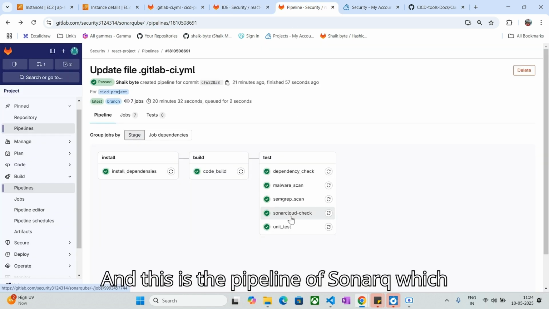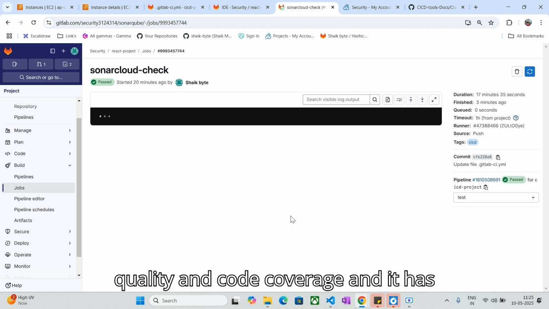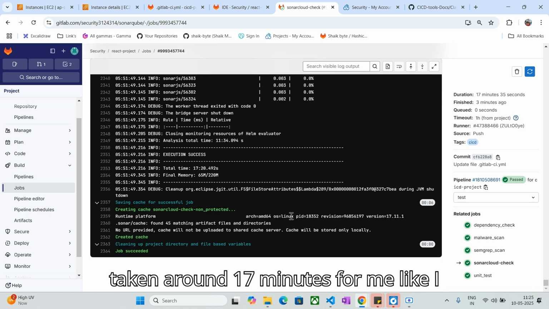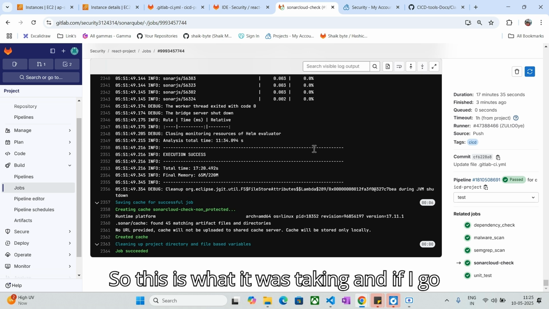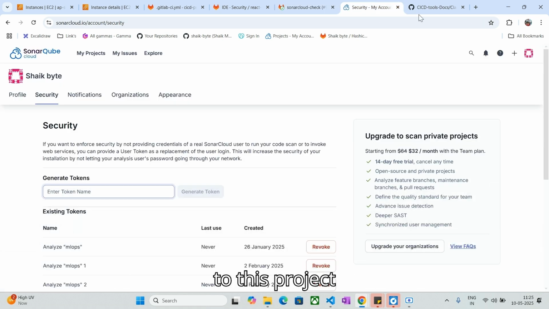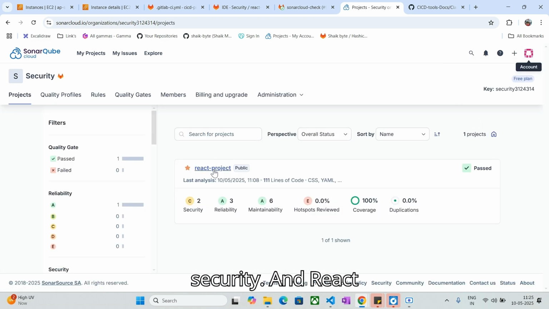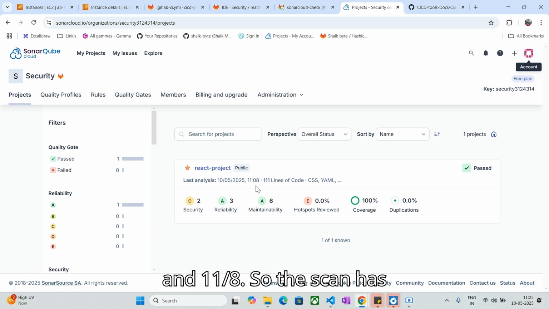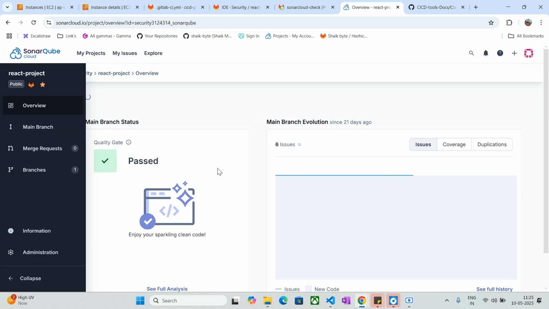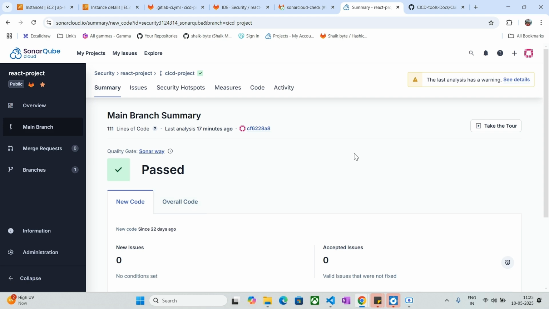And this is the pipeline of Sonarqube, which is going to scan for code quality and code coverage, and it has taken around 17 minutes for me. I think it's the first run after a long time. And if I go to this project, security and React project, you see this one, 10/5/2025 and 11/8. So the scan has initiated, and if I go inside it, it has scanned on main branch,